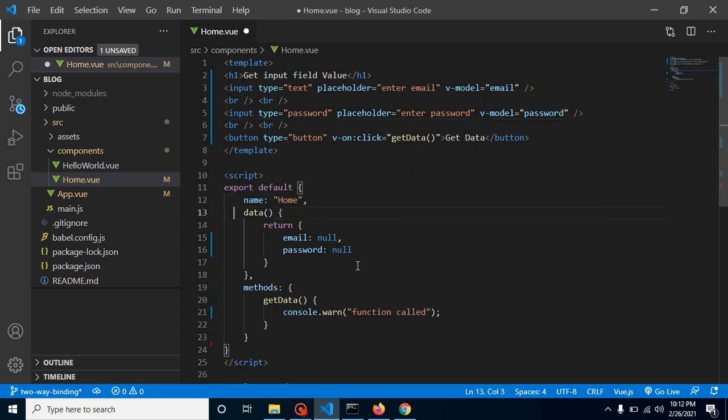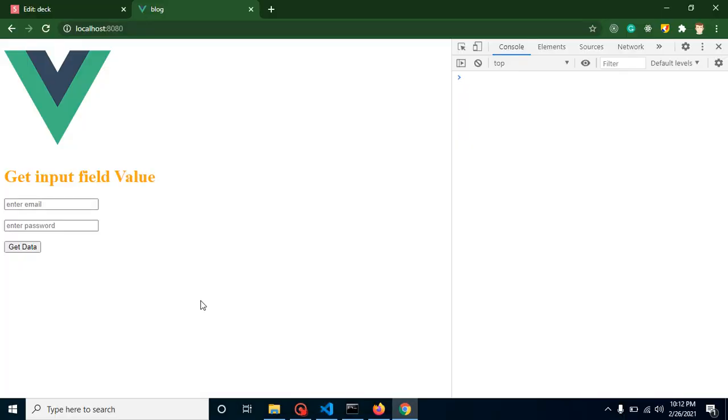Great. After that, let's print these fields here, like put values, and simply put this.email comma this.password. Let me put some values like anil@test.com, and password, let's say 123, a very simple password.